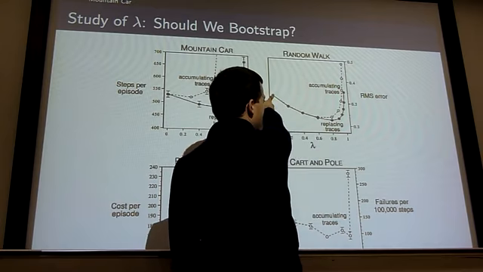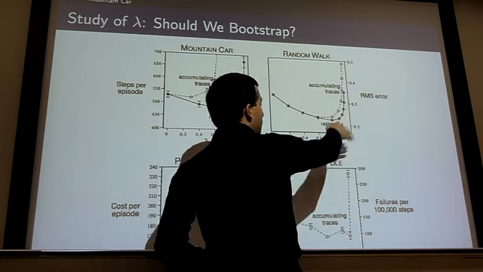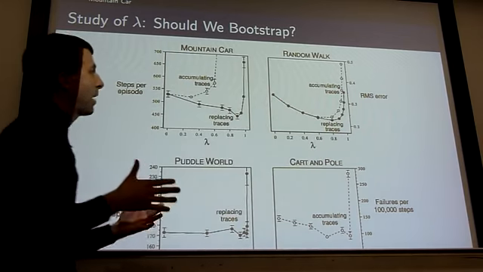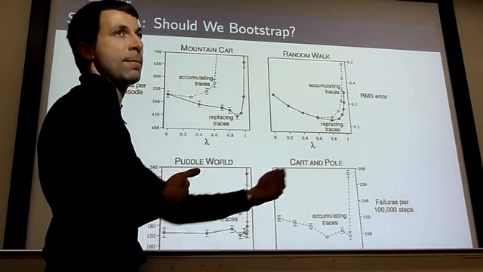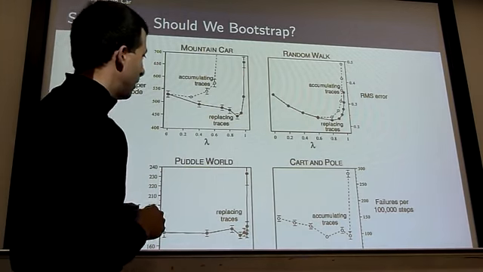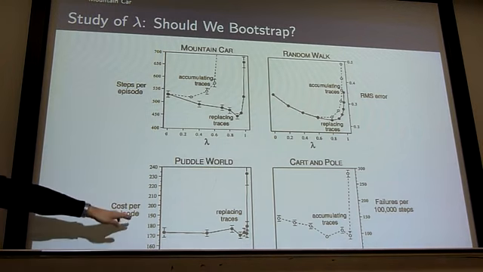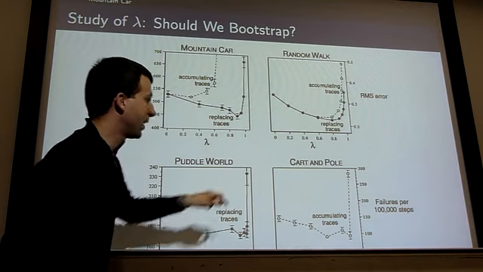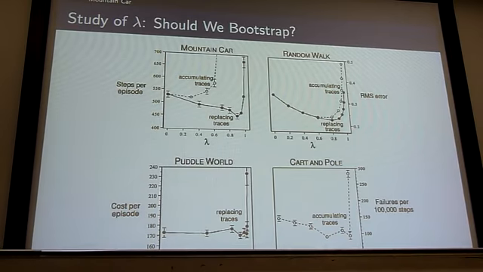You do better by bootstrapping with TD0, but just as in the table lookup case, there's typically some sweet spot in between, whereby averaging over all the different timescales over which you could consider these updates, you can do considerably better than either infinite look ahead or one step look ahead. So not so true for the public world, although it's still clear that bootstrapping is better than Monte Carlo. It's less clear that there's a sweet spot in lambda that's better than zero. But for the other examples, it's true. And this is an old plot. It's true for many other problems